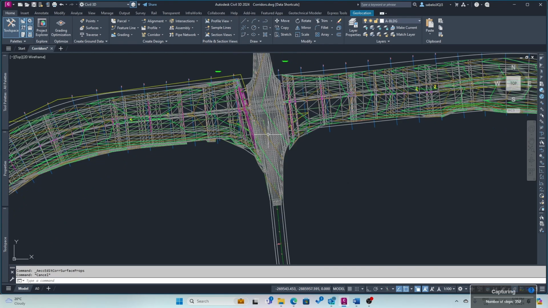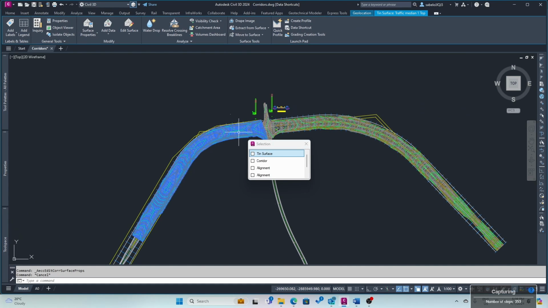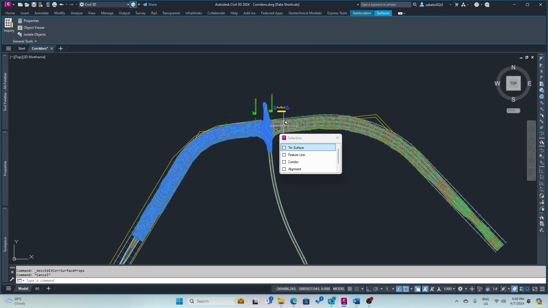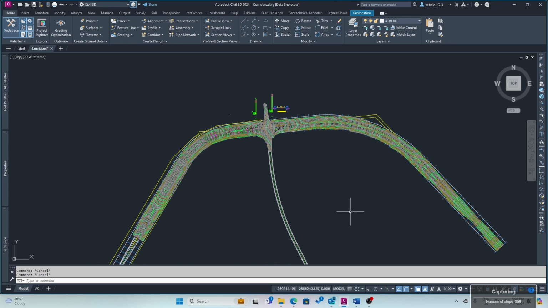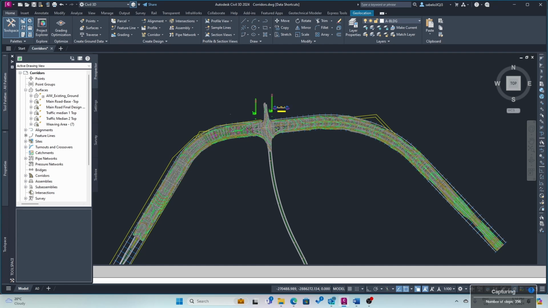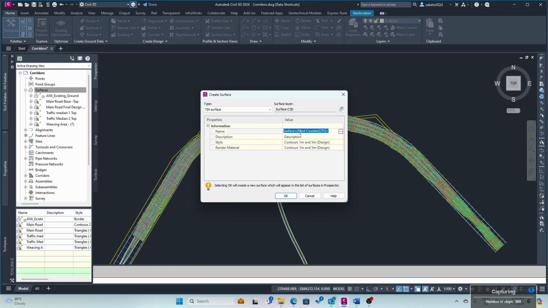Okay, so that's our. So now we have got all these surfaces. We're now going to paste them into one combined surface, a composite surface, for the new design of the road. Okay, let's do that. So we're first going to come onto tool space and we create a new surface, and this surface we'll call main road composite,